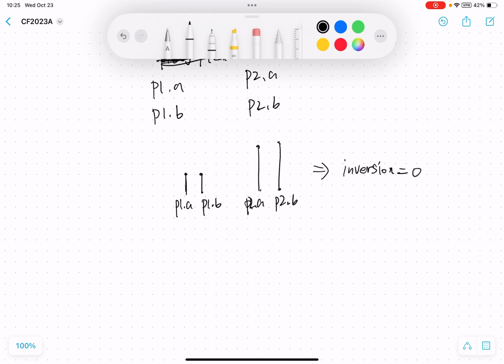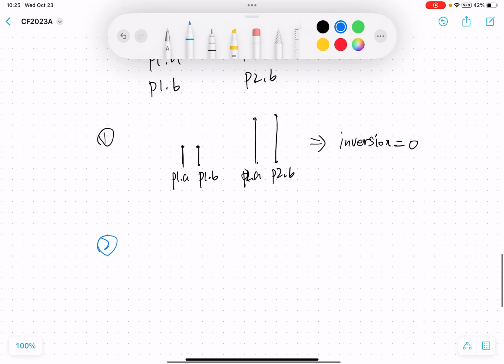This is situation 1. Let me give an example of the next situation. If P1 is larger than P2 A, P2 B, so we should make P1 larger than P2. As a result, we will make P2 at the front and P1 at the back. So the inversion